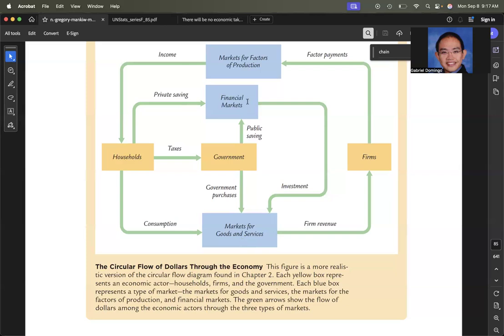Now, finally, you've got financial markets here. Financial markets are about combining private saving and public saving into investment, right? So that's what a financial market is. Funds that are not spent today and therefore are saved either from households or from the government, they're set aside, right? And then financial markets are all about reinvesting this money into